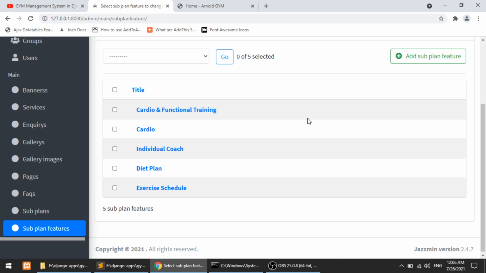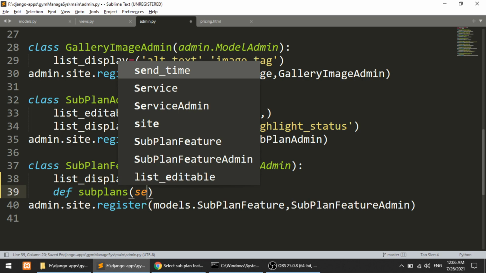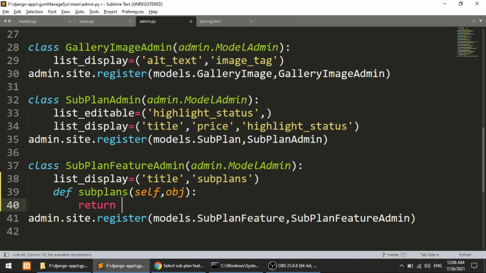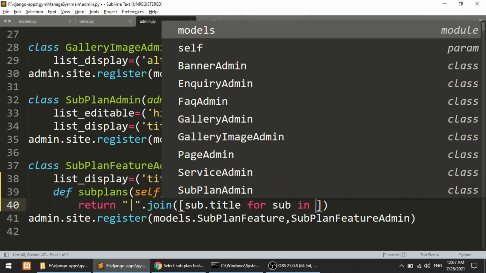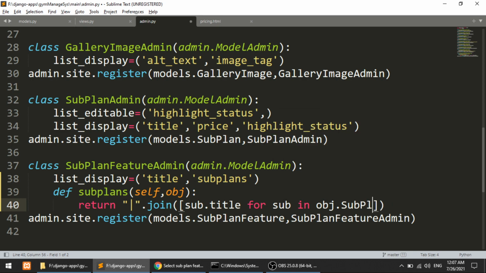Now we want to show the plans in the admin section as well. So I will create a name here, and we will create the function definition sub plans, pass the objects, and return the concatenation: sub.title for sub in object.subplan.all.